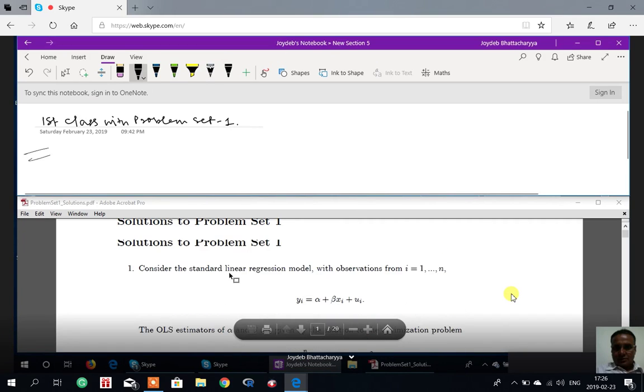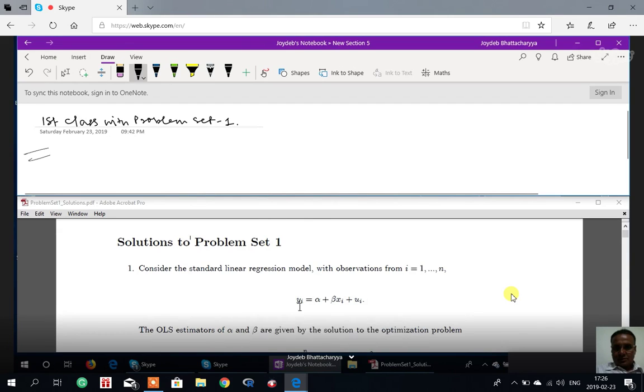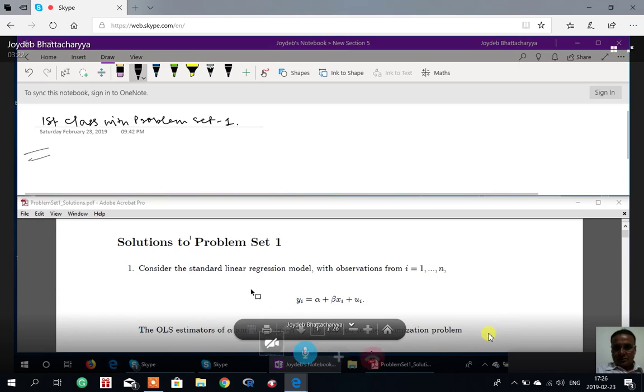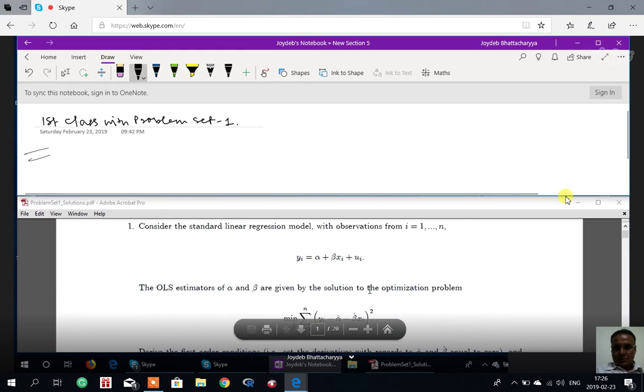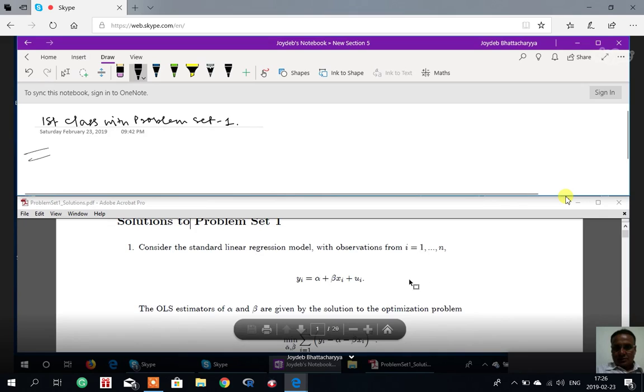This model is a normal OLS GLM model, general linear regression model. Here this is the dependent variable, this is the independent variable, and this is the disturbance term. There is an assumption of the disturbance term that they follow normal and they are IID. There are two assumptions which should be written alongside this: that the errors are all IID following normal with 0, 1.